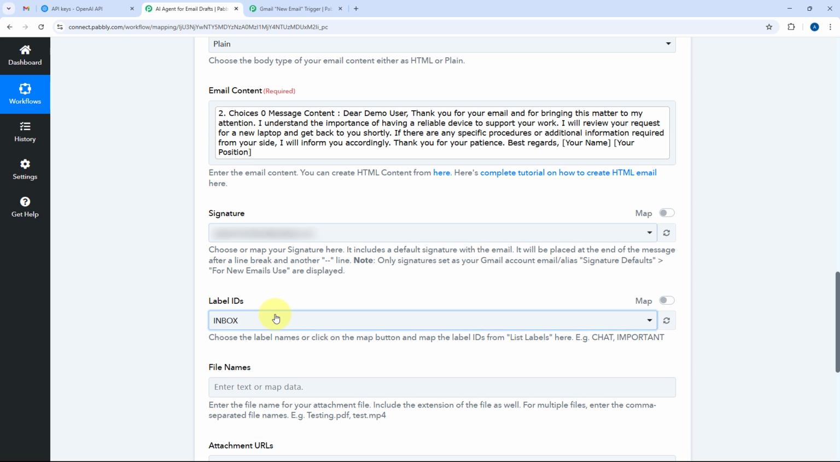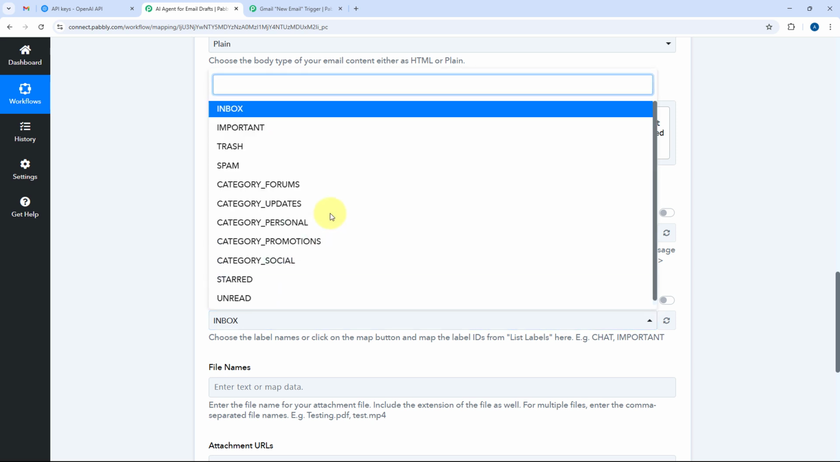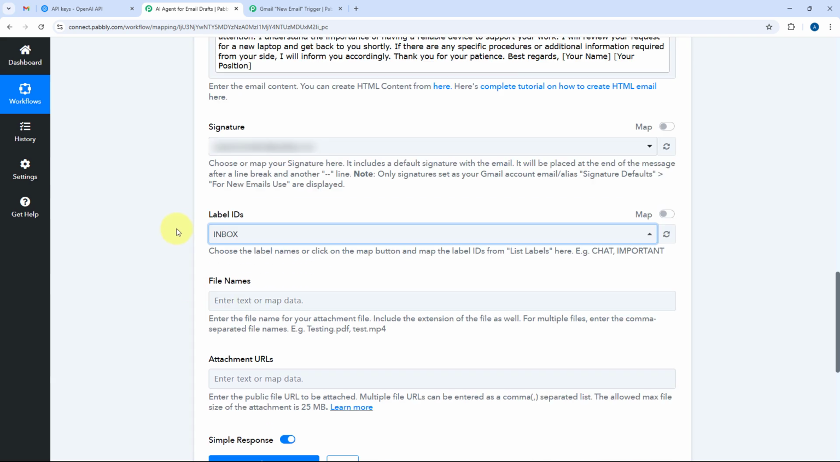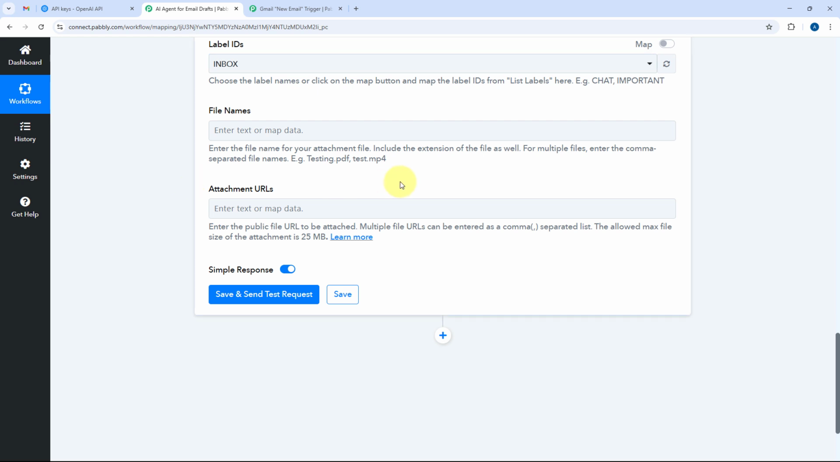Then it is asking us to add a label as well. So here from this drop down, you can basically select any label as per your choice, which you want to add to this email, this draft which we are creating. Then using this action, if you want, you can add some kind of file attachments to the email as well. What you have to do, you just have to enter the name of the file and the file attachment URL. Right now in this video, we don't want to send any kind of file with the attachment. So we are just going to keep these fields as blank and then just click on save and send test